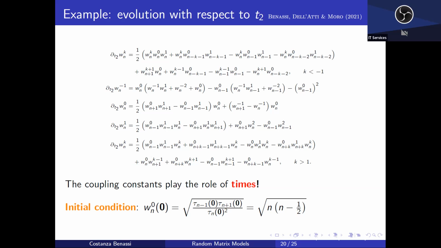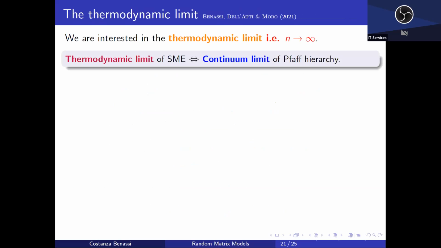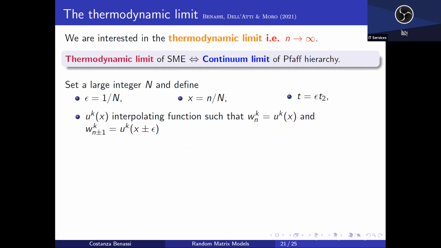All right. And of course, we're going to need also initial conditions on the other fields. But again, the game that we're playing is the same. I want to look at what happens in the thermodynamic limit, so in the limit where the sizes of our matrices go to infinity. And so to do that, we're going to take a look at the continuum limit of the FAF hierarchy. And exactly as we did before, I'm going to set a large integer N, capital N, which just sets the scale. So epsilon is going to be our small parameter going to 0. And I rescale my time appropriately. And I define basically a continuum limit. Well, now we'll have a continuum limit function if you want for each field, and I have infinitely many, right?